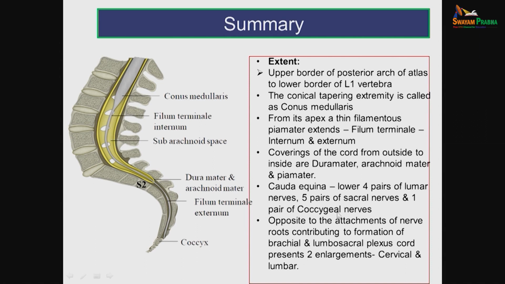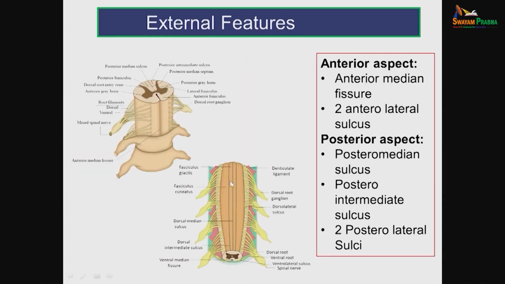The cauda equina is composed of the lower 4 pairs of lumbar nerves, 5 pairs of sacral nerves and 1 pair of coccygeal nerves. We learnt about two enlargements: opposite to the attachment of nerve roots contributing to the formation of the brachial plexus is the cervical enlargement, and opposite to the nerve roots contributing to the formation of the lumbosacral plexus is the lumbar enlargement. Having learnt these, we will move on to the next section, the external features of